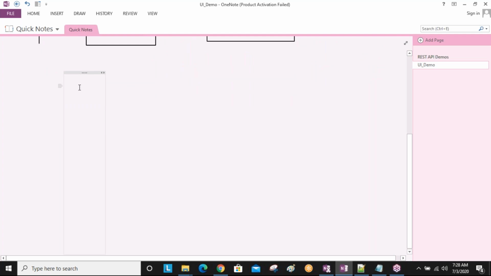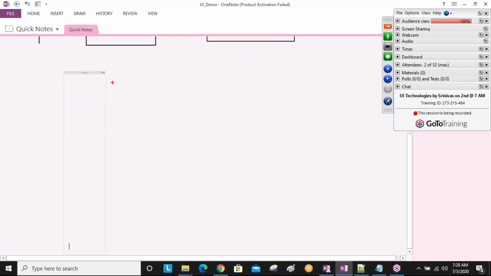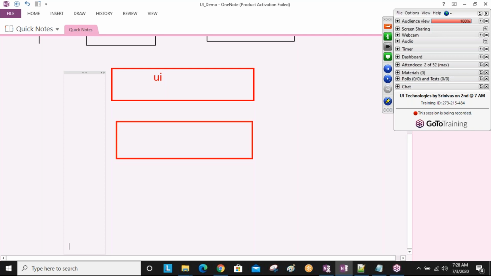For example, you can take this. This is UI related, and this is one backend technology, nothing but the server, the backend server.